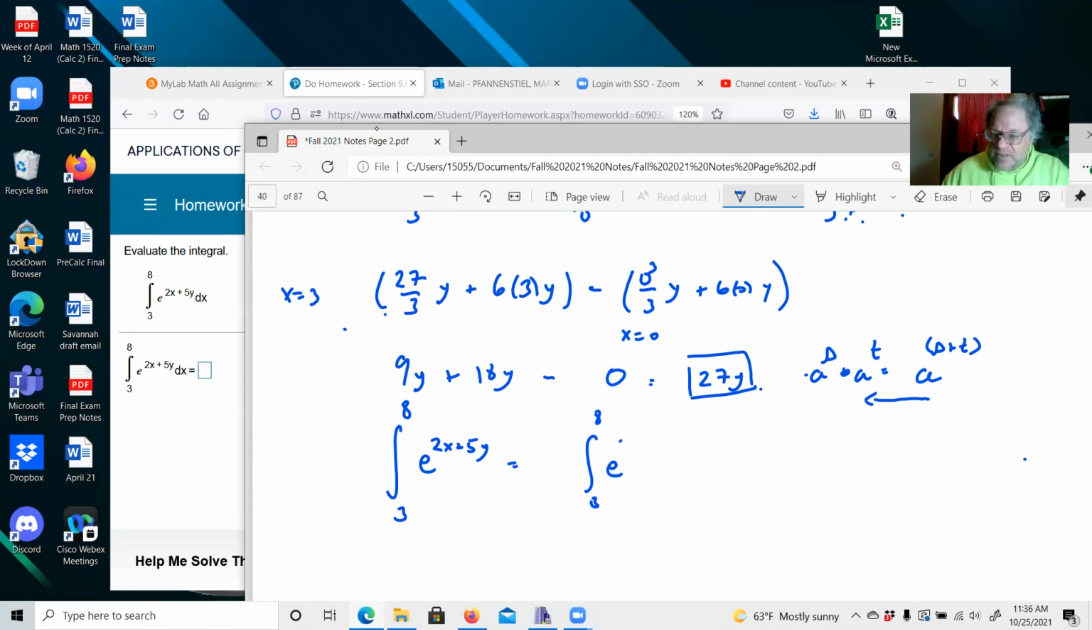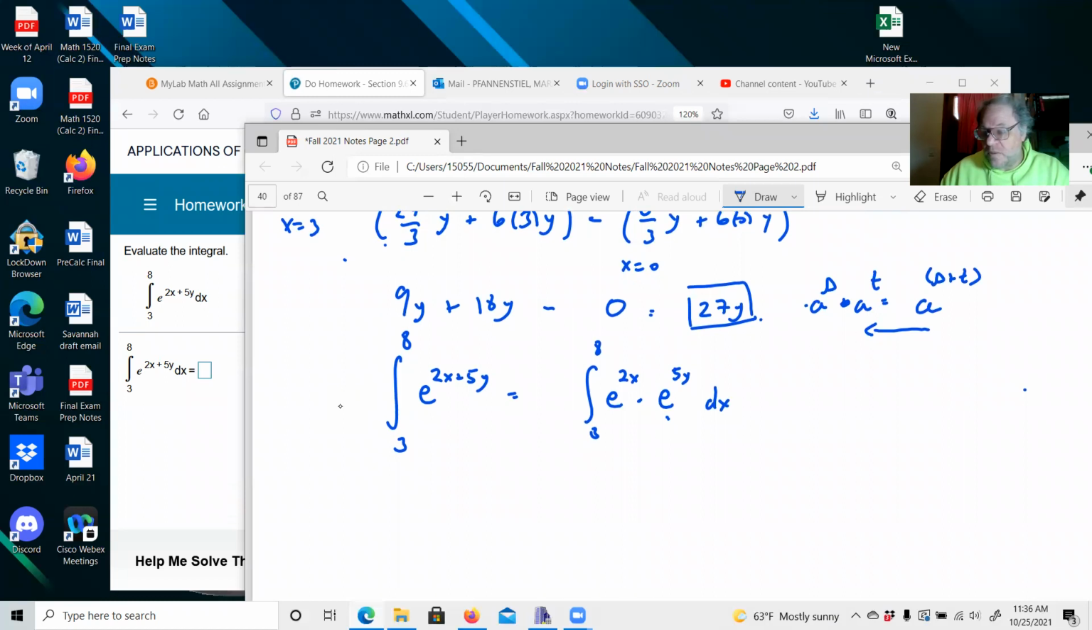So we could say this is e to the 2x times e to the 5y dx. Now, this 5y is a constant. As far as x is concerned, we are treating this as a constant. What can we do with constants in an integral sign? They can float out. Normally, if you are integrating with respect to a variable, you cannot float it through the integral sign. So it has to be a constant that you float through, not an x. If there's a dy here, you couldn't do it. So this is e to the 5y times the integral from 3 to 8 of